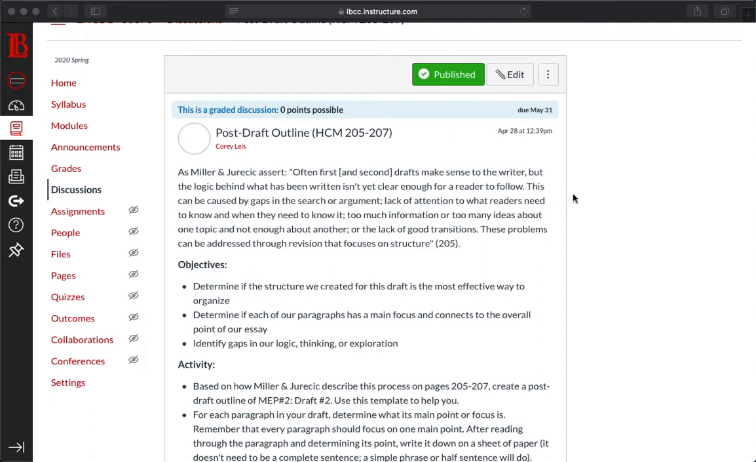Hey everyone, I want to take a moment to explain this post-draft outline activity that we have scheduled due on Sunday. So let me just walk us through this. This should look familiar because we did this for Major Essay Project 1 all those weeks ago. So the post-draft outline, again, we're taking our draft, what we've created in draft form, and we're